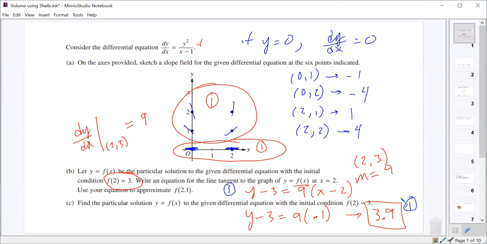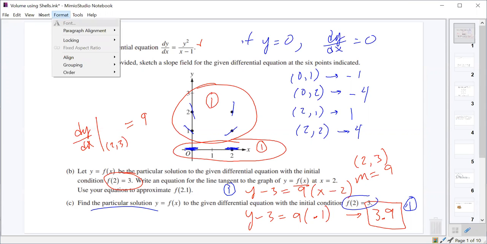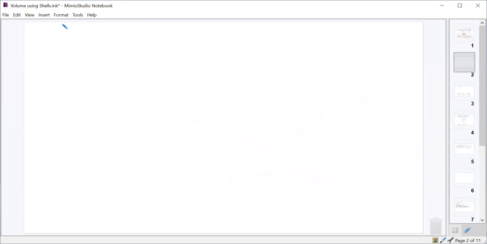So 4 points from parts A and B, which leaves how many points for part C? 5 points for part C, because they're all worth 9 points. So part C is the part where it asks you to find f(x), find that particular solution given that initial condition. So we'll need some room on the next page to do that. We've got dy/dx equals y squared over (x minus 1). And so